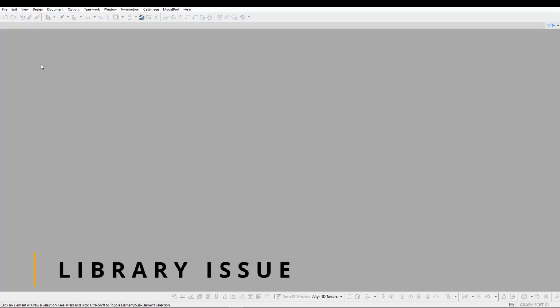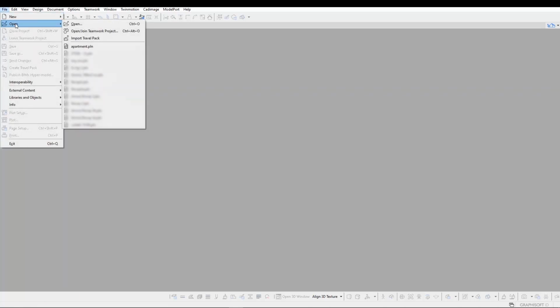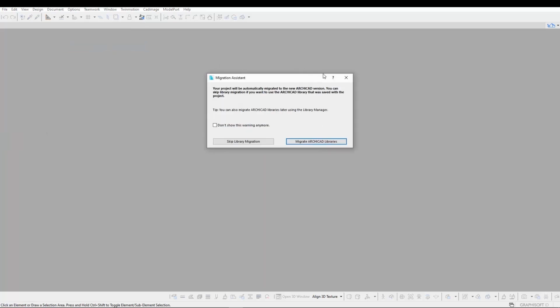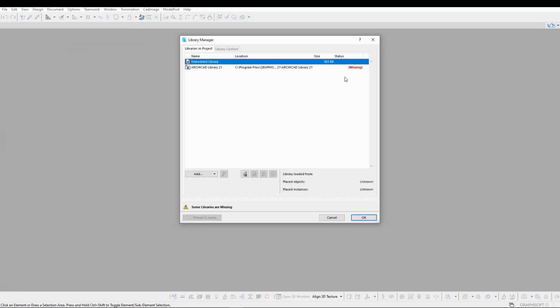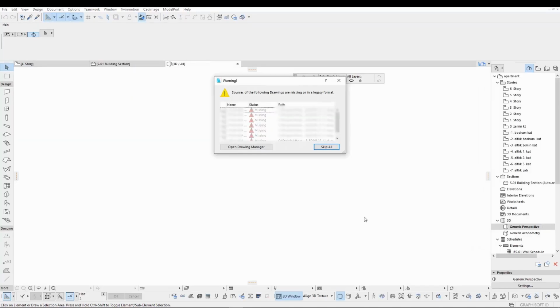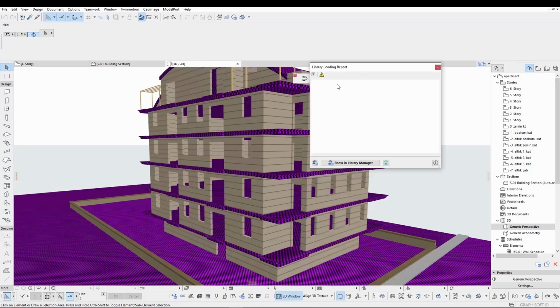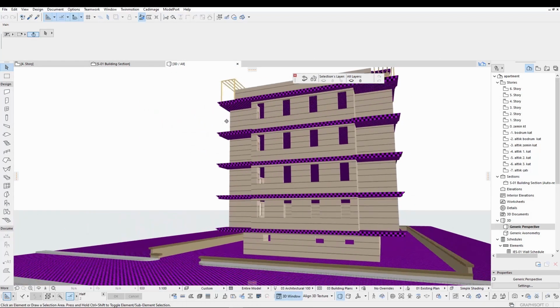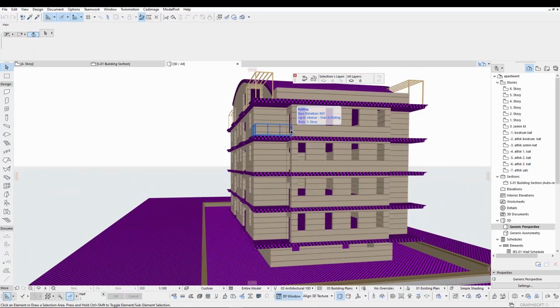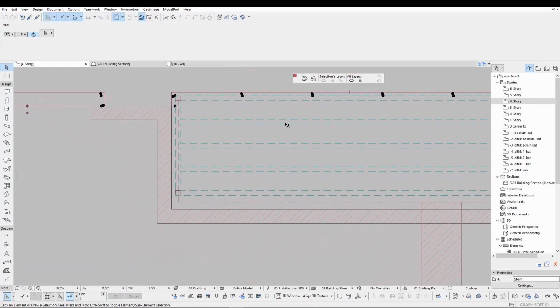Sometimes you may have to work in a project which you didn't draw, but when you open that file, some of the windows, materials, textures, something like that won't be visible. Let's have a look. I have a project prepared for this tutorial. When we open a file like this, if we close this window, the problem will show up. Drawings you bring from different computers may not work on your own computer. ArchiCAD cannot reach library parts here. You can see them on the floor plan as well.